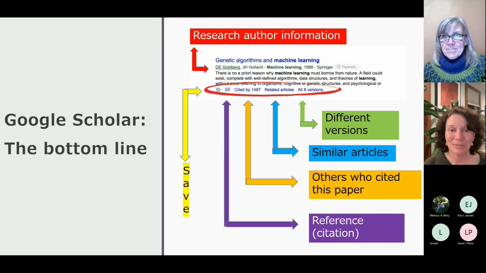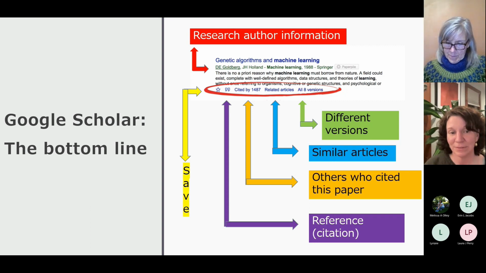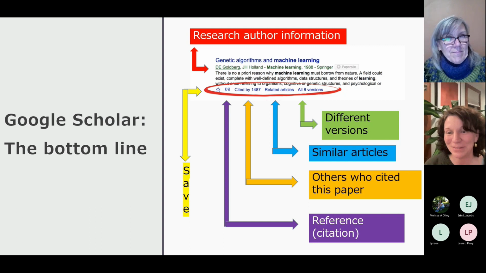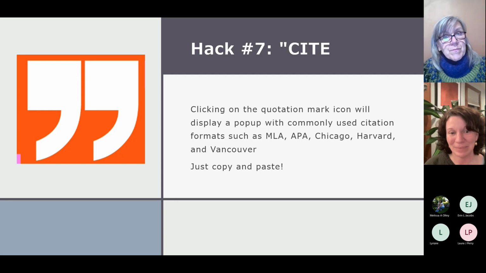That's 2 minutes. So the first one was to save. And then right next to the star, there are a set of quote marks. Does anyone know what that might be for? You can put it in the chat or you can shout it out. Tough one. So this is the reference citation. So when you click on these little quotation marks, it'll display a pop-up with commonly used citation formats: MLA, APA, Chicago,